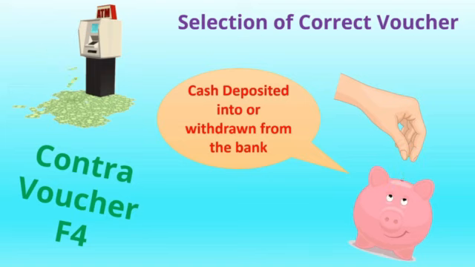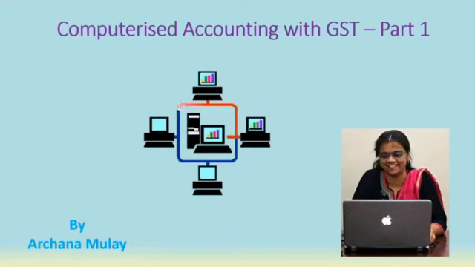Now don't get confused. We will see a live example, we will see the Tally interface, and I'm sure you all will understand all these things very clearly and all your doubts will get cleared. So now with this, we have finished computerized accounting with GST part 1, that is up to page number 50 from your IT commerce textbook. In my next video, we will see how to do accounting with the help of Tally ERP 9.